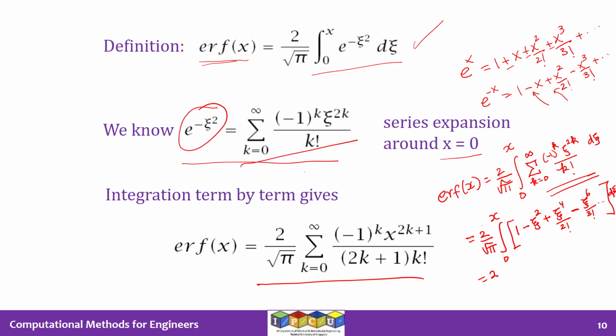So it's going to be 2 by root pi. And if I take the first term, it is 1 times d psi. And if you integrate 1, you're going to get psi. And psi between the limits 0 to x will give you